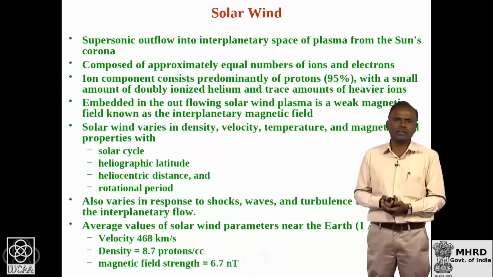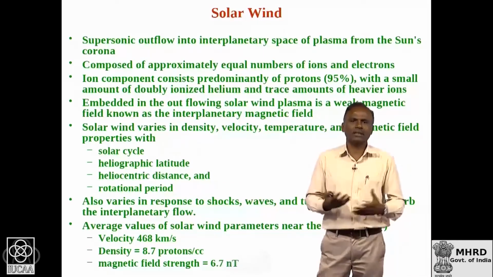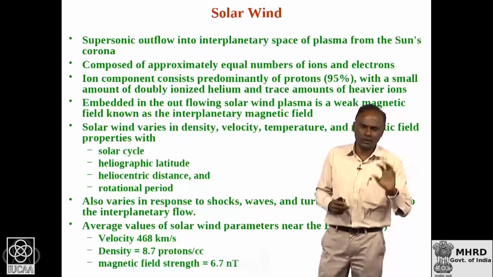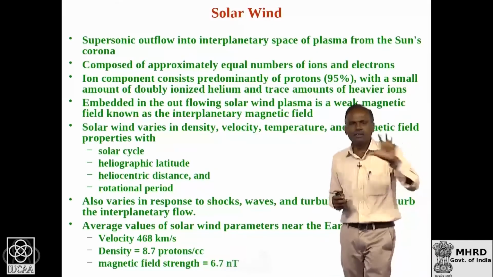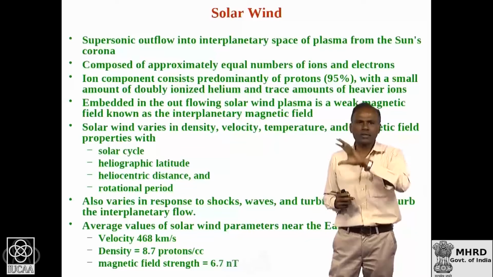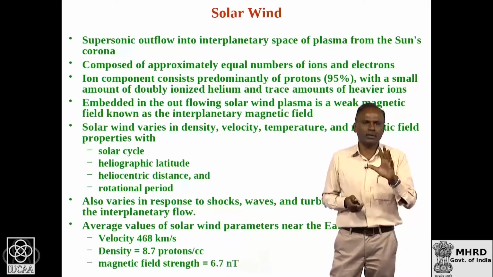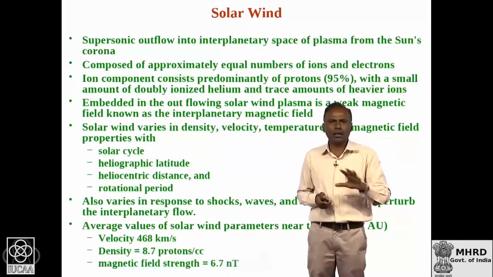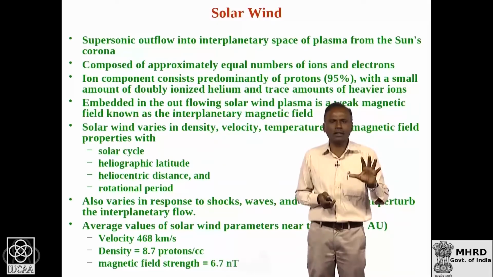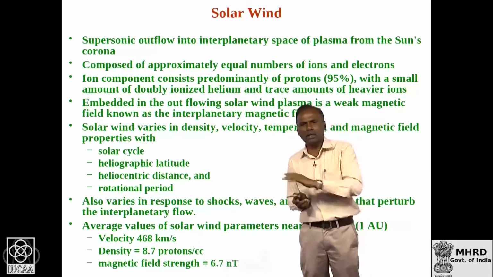The sun has a 27-day rotation period, and the rotational variation is mainly due to the source region located on the sun. If several active regions are on the sun, you get a solar wind with active region properties. If you have several mid latitude coronal holes on the sun, the coronal hole properties are reflected